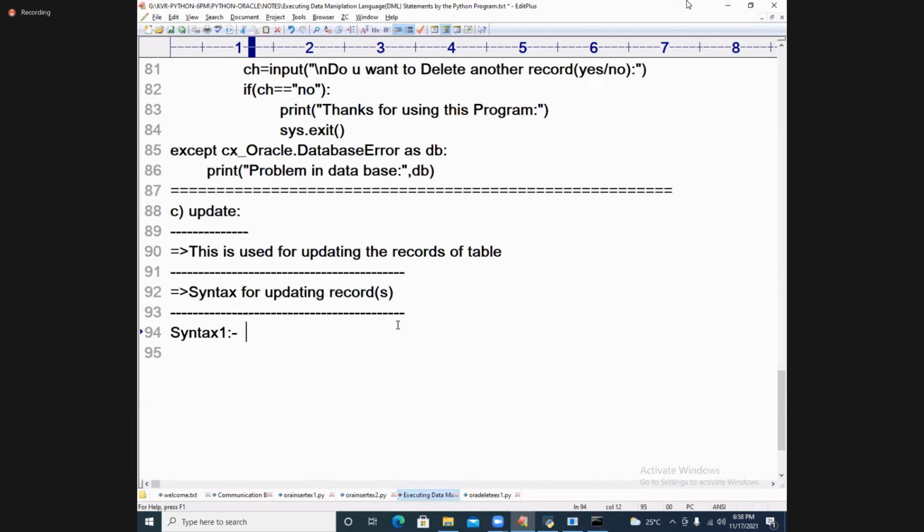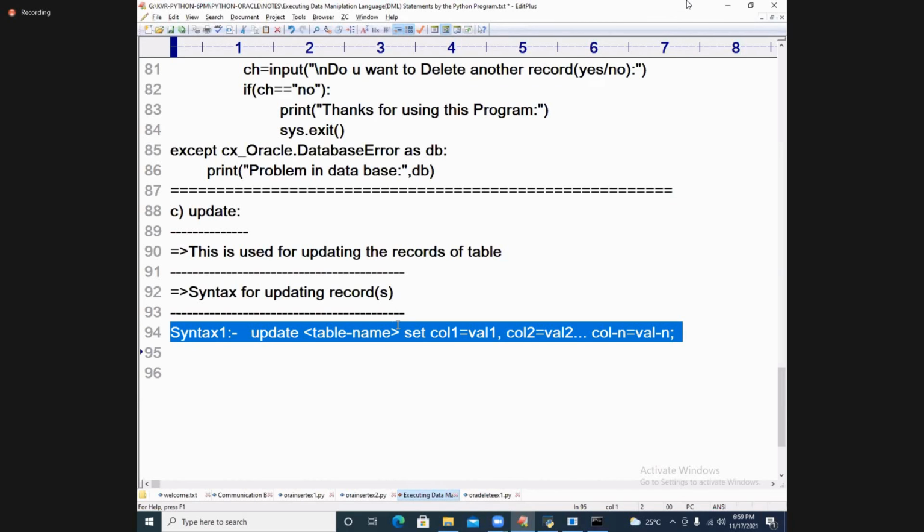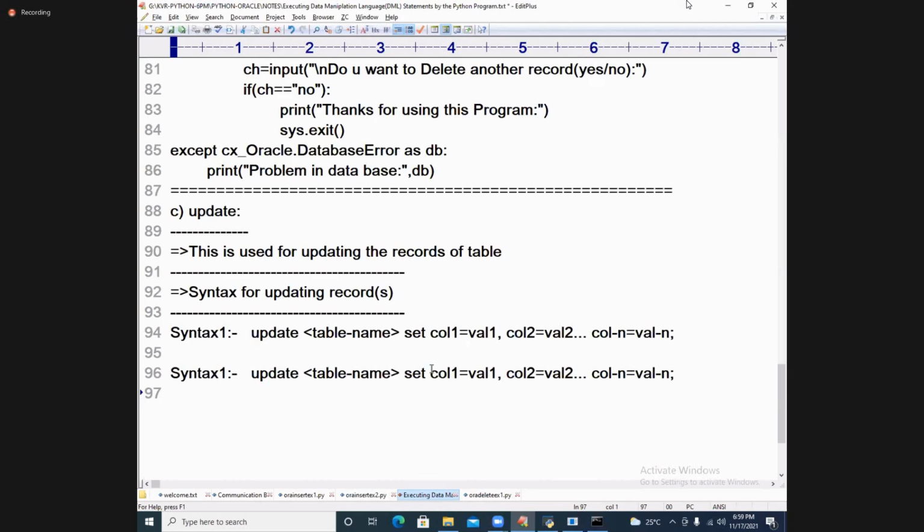Update table name. Set column one is equal to value one, comma, column 2 is equal to value 2, and so on, column n is equal to value n. That is one syntax. Another syntax is the same thing with the condition.